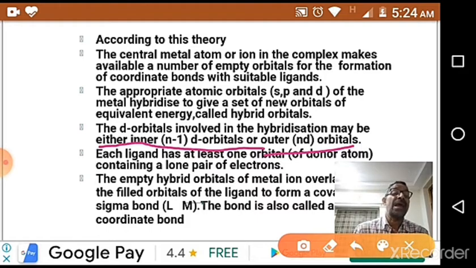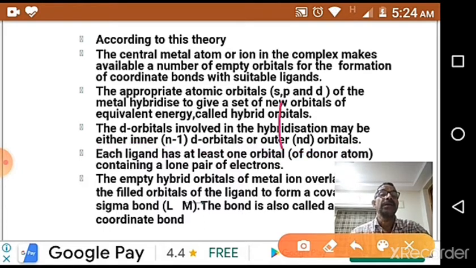Whereas an outer orbital complex means that in the 3d series, 4d orbitals take part in hybridization. So depending upon which type of d orbitals undergo hybridization, we have two types of complexes: inner orbital complexes with (n-1)d and outer orbital complexes with nd. Okay,